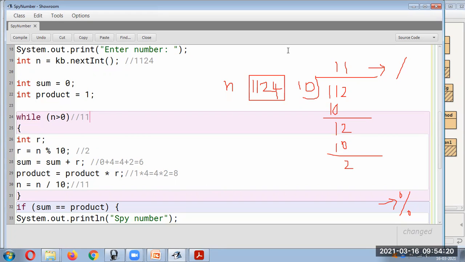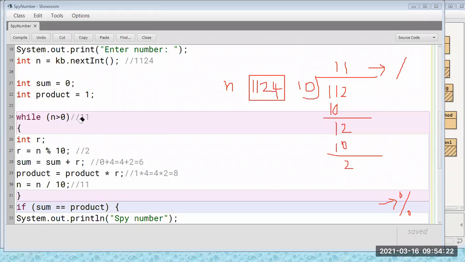Okay, let us erase that, because now we try to divide 11. So in that case, this is what we will get.